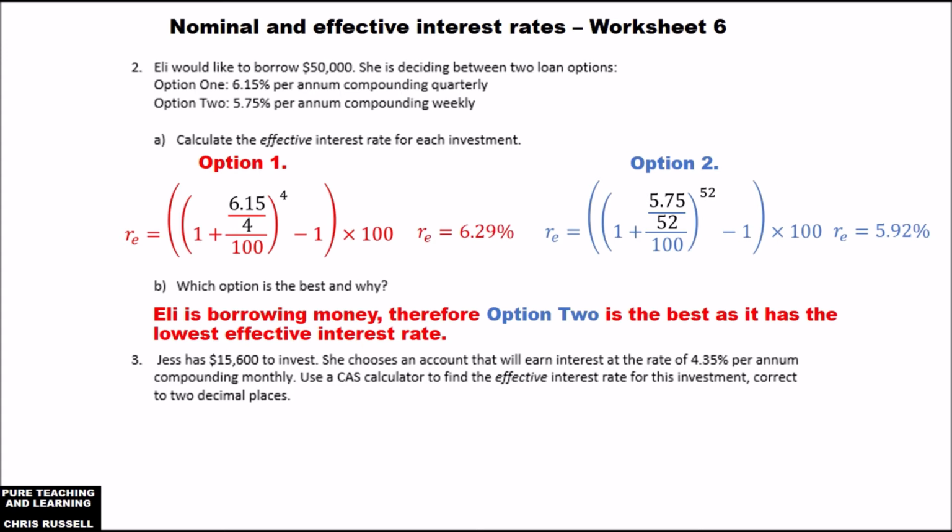Okay, question 3. Jess has $15,600 to invest. She chooses an account that will earn interest at a rate of 4.35% per annum, compounding monthly. Use a CAS calculator to find the effective interest rate for this investment, corrected to 2 decimal places. Well,